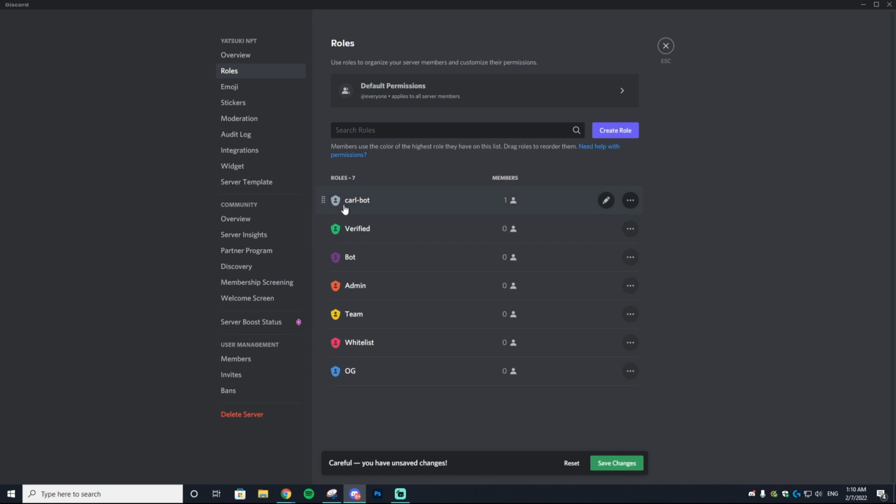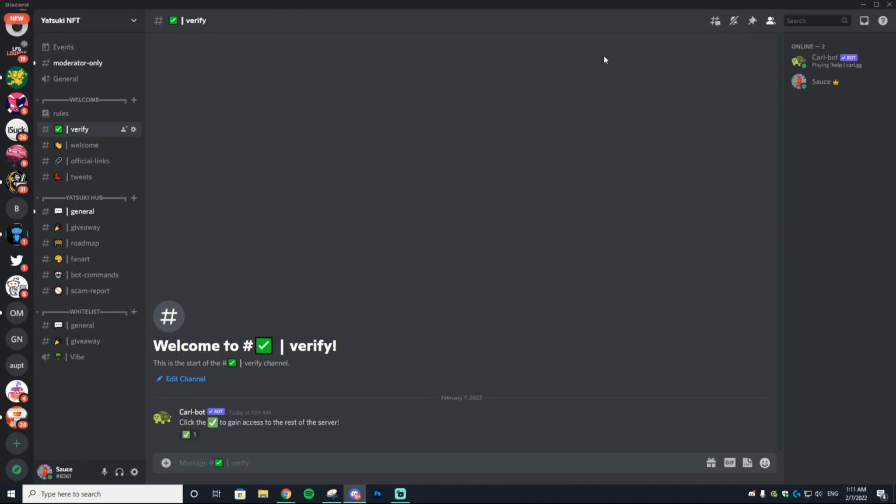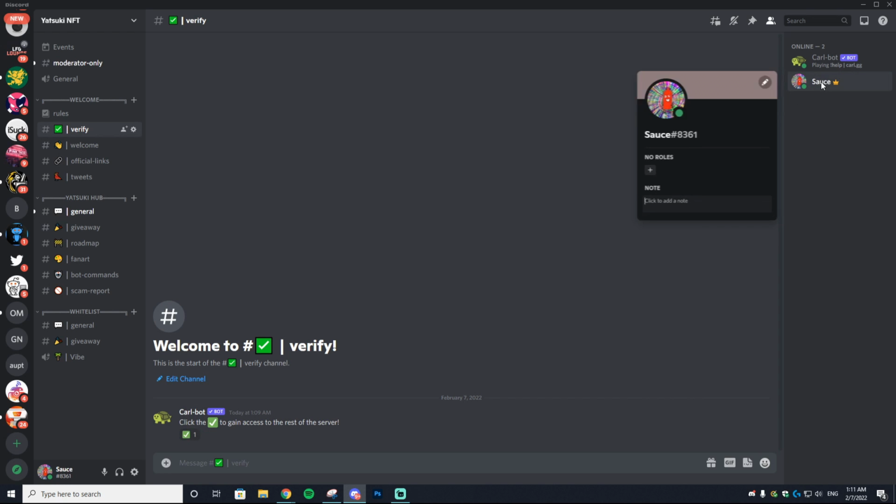The higher your role is, the more power, I guess you could say, each role has. So your team probably should have the most power, but honestly, I like to have my bots have the most power because they're not even real people, right? So I'll always have the bots on top, and then we'll do the team, and then obviously the admin would be next, then the whitelist, then OG, then verified, and we can include that bot at the top like I was saying. So we're going to save the changes,